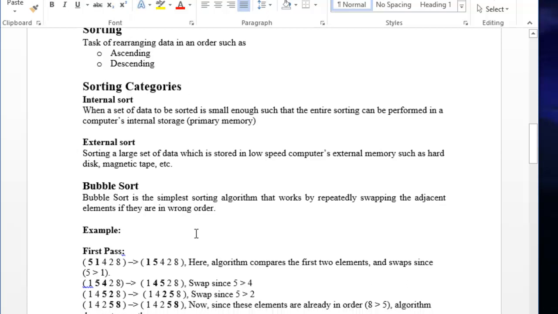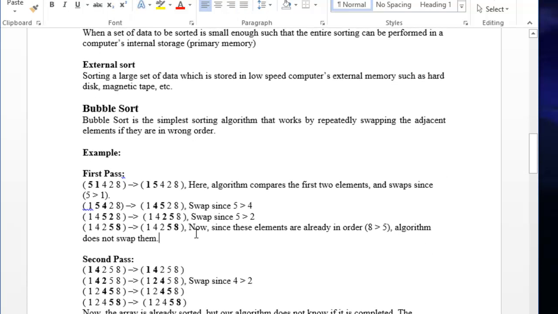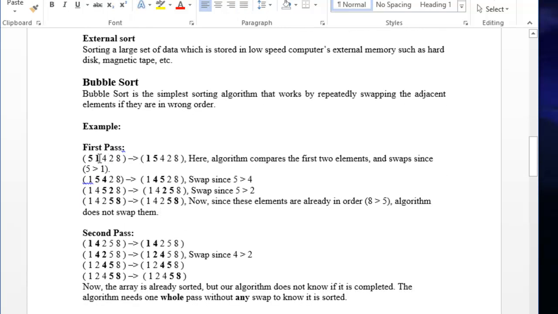Today's topic is bubble sort. In bubble sort, the first element is compared to all the elements. For example, if we want to sort data in ascending order, the largest element will be moved toward the right side. So 5 and 1 will be compared. Yes, 5 is greater than 1, so swap.